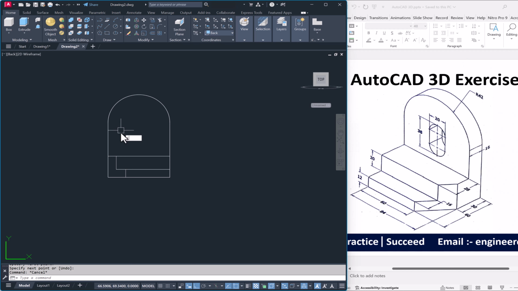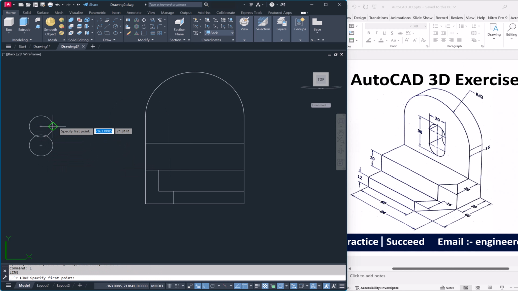So I'll just make one line at the mid. Now let's make that circles. So I'll draw C, enter, making a diameter of 20 and making one more circle. So I'll copy that, copying this 18 distance from there, and we'll join with line